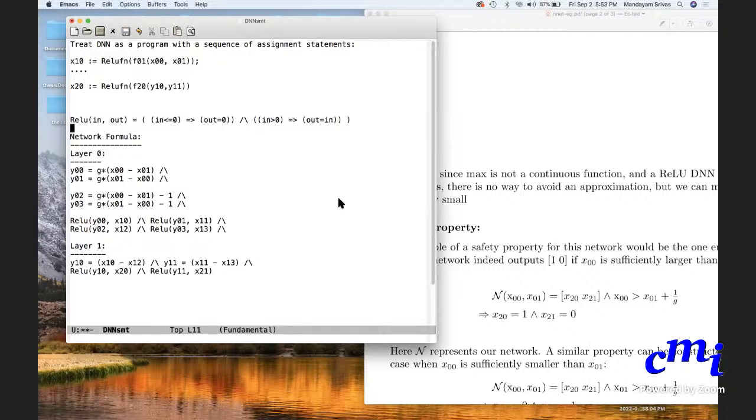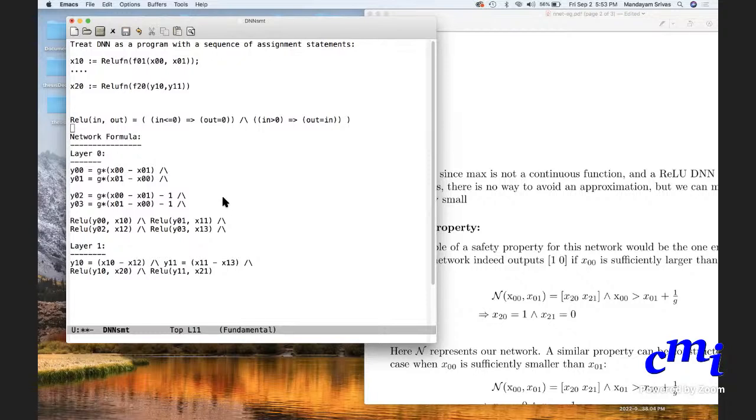ReLU has two conditions, yes. When you want to answer, please unmute and then answer so that I don't need to look at chat. Yeah, that's the correct answer, and that's why you need an SMT solver to be able to